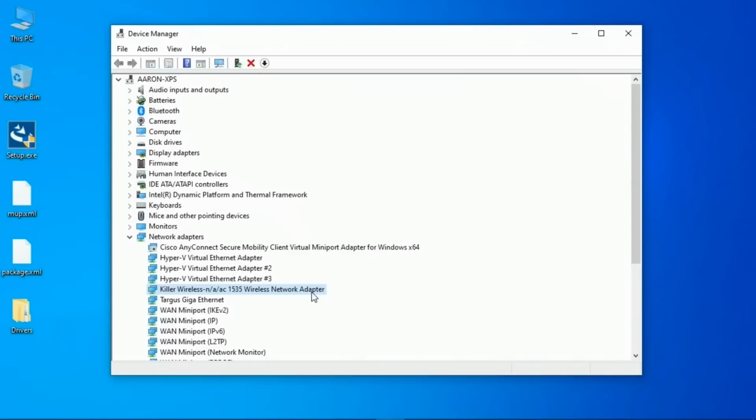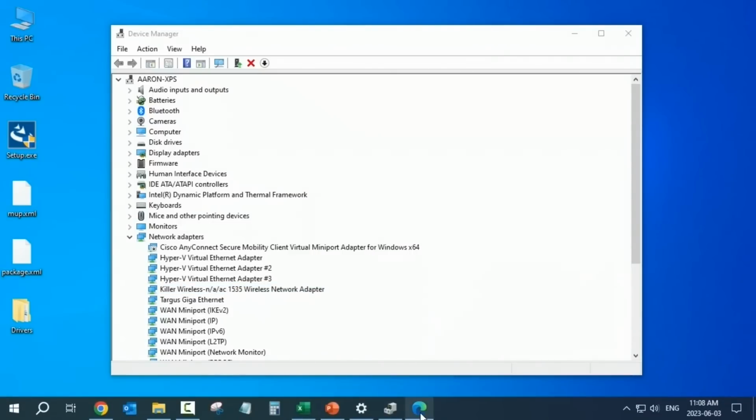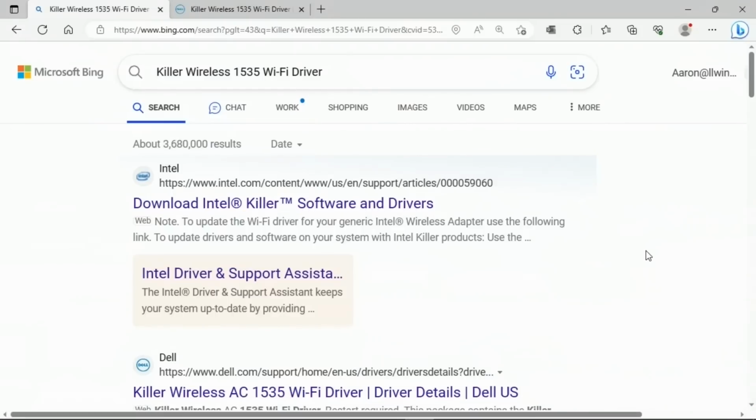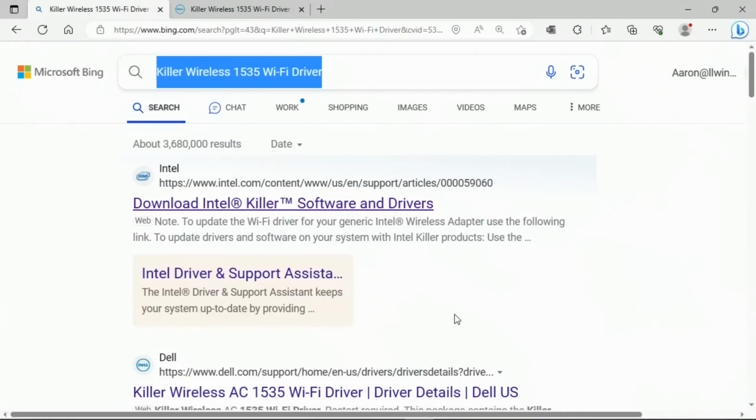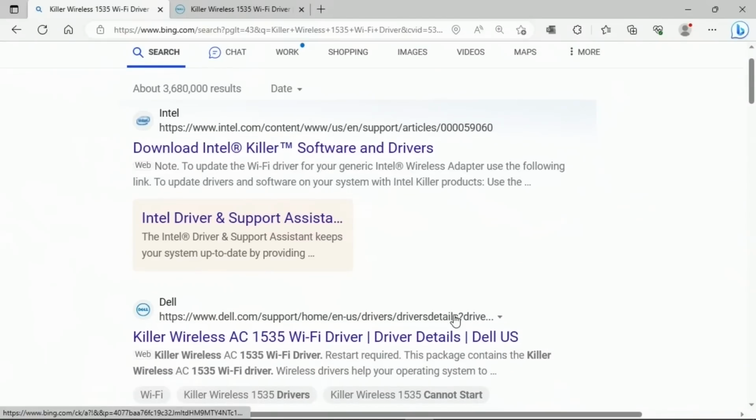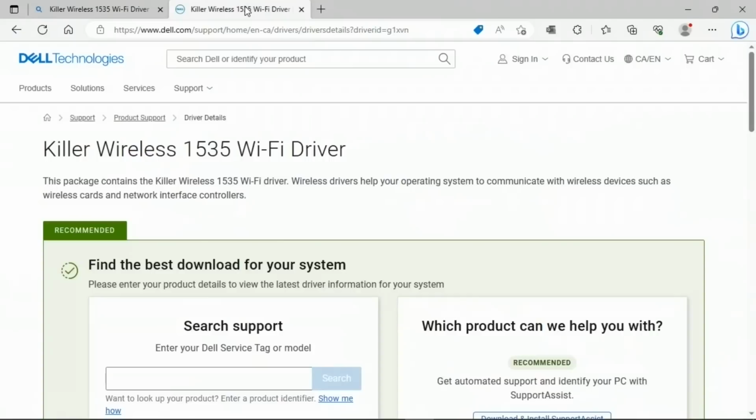So I do have that site up here. Just let me switch over to my browser. And I started with just a general internet search for the specific make and model. And then I simply ensured that I was searching for the driver for this model. So there's my search bar right there. And that brought me to this result down here. And you might notice that there are, in fact, two options here, one from the Intel site and one from Dell. This particular system is a Dell, so I went to this result right here, and that is this page,